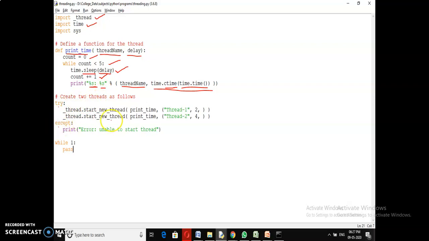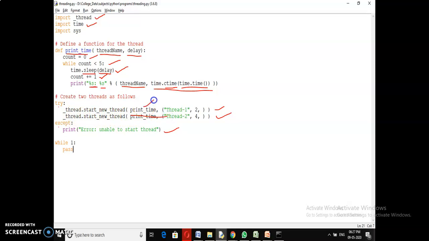These are for any interrupts or exceptions raised while executing our threads; those will be caught by the try, and for those exceptions it executes this print statement.